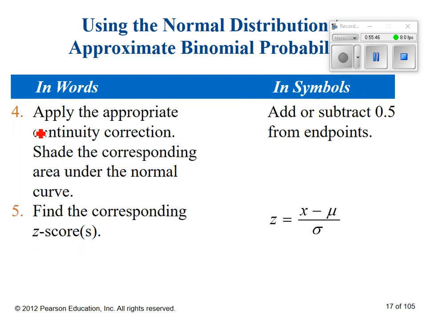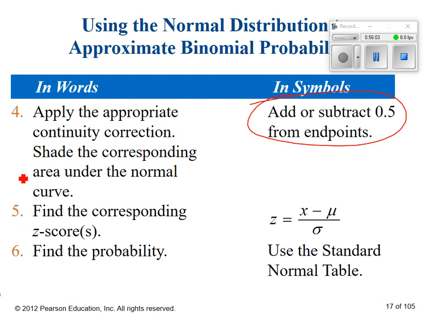Two more steps on that. Do your correction, your continuity correction. So you add or subtract 0.5 from the endpoints, and you've got to be able to figure that out on your own. Actually, there are 3 more steps. These 2 steps,